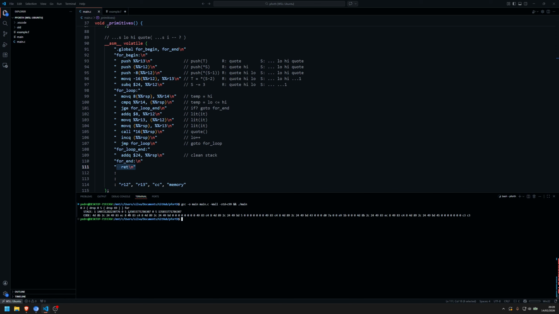It didn't. Oh, because, I forgot. I need to call for twice. Otherwise it's not going to work. So this is the inner for, and it's the outer for. Okay, so nested for loops still do not work. Alright,